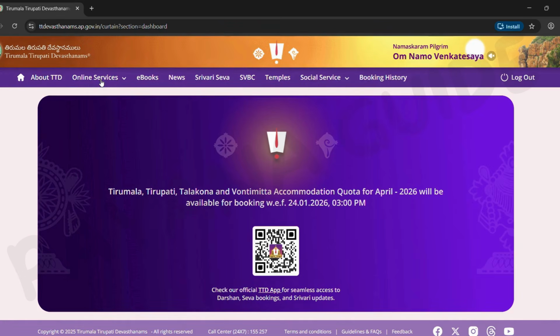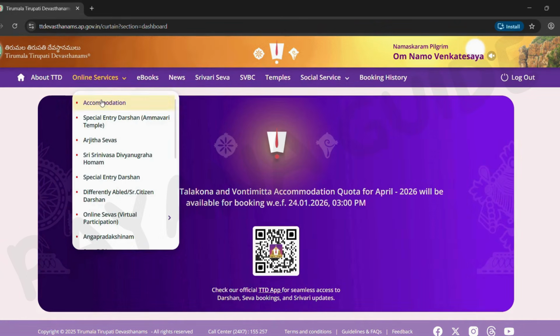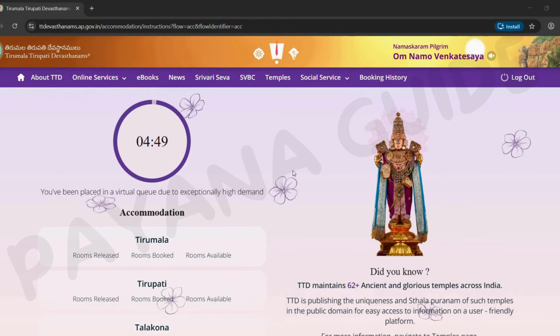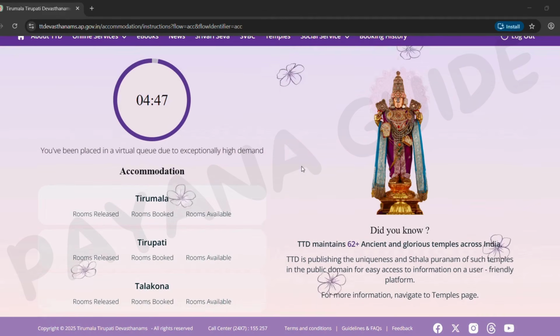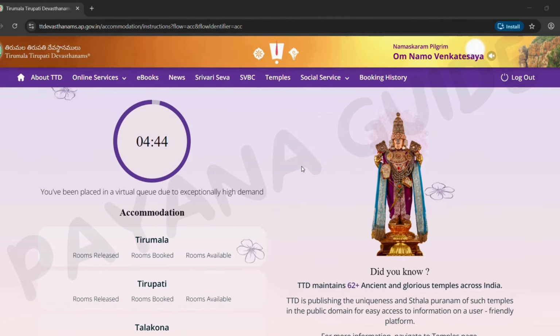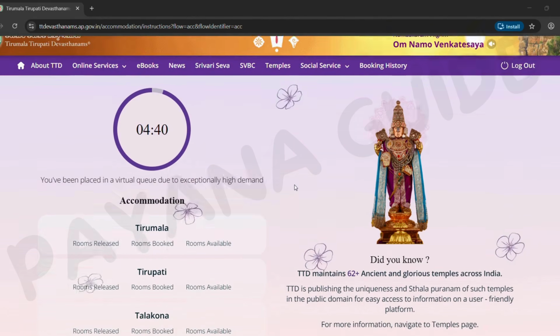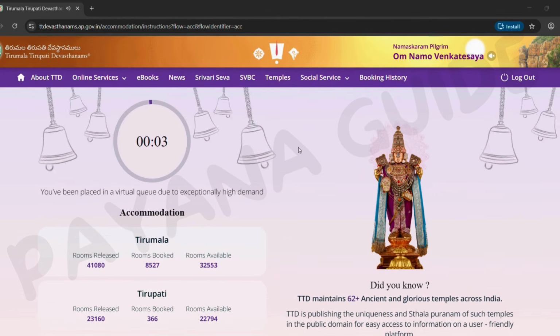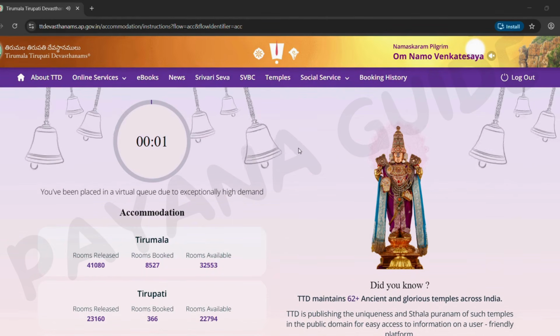So exactly at 3 p.m., repeat the process of clicking on online services and choosing the accommodation option every 30 seconds till you see the watch timer with a waiting time of 5 minutes normally. Once the watch timer displays, don't refresh the page or do any other activity. Wait till the timer stops. Then you will see the